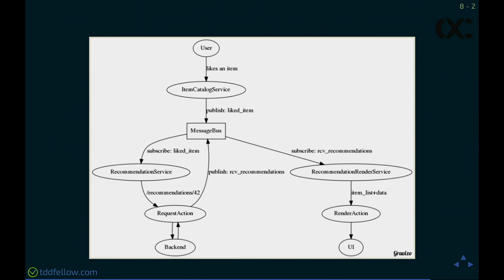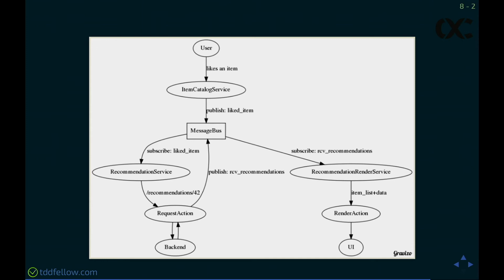What happens here is that we have components where some of them are changeable without making a release to the App Store or Google Play or others, and some of them are not. Some of them require the full release with all the manual reviews and stuff. For example, obviously, the item catalog service is what we generate. This is our DSL. The recommendation service is also what we generate at runtime. This is our DSL. And the recommendation render service is what we generate at runtime. And this is our DSL. Those pieces will contain your business logic.